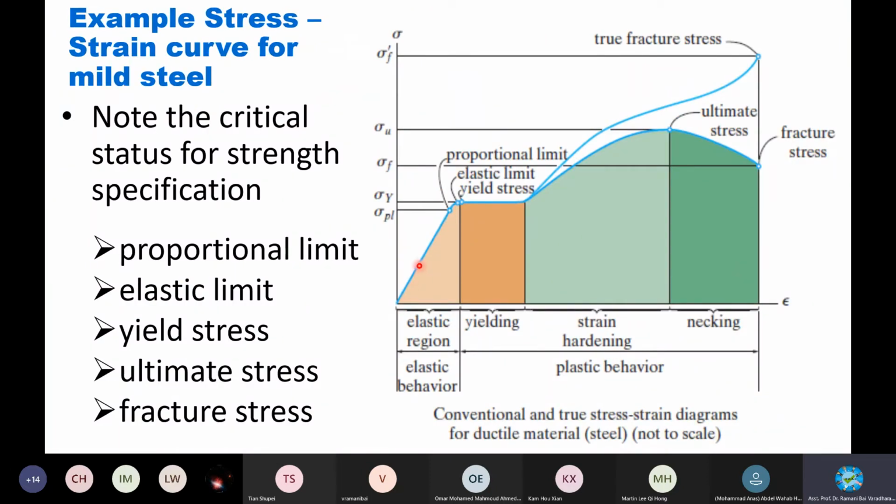At this point, it can regain, although the loading is there, the strain rate in proportion means it's still working. It can come back to original position, right? Although it is extended, it can come back to original position. That is the meaning of elasticity, right? If you pull the rubber band and just leave the force, it will come back to original position, right? Similar action is taking place in this region. That is why we call this a mode of resilience or bearable limit, where material compatibility is good in